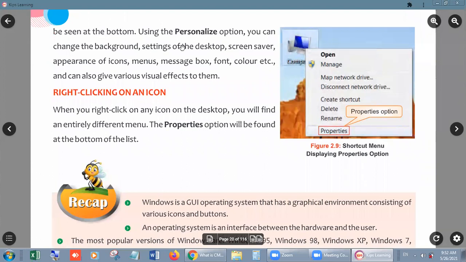You can change the background, set the desktop screensaver, the appearance of icons, menu, message box, font color, and can give various visual effects to them. Right click on an icon, and the properties that appear there we can change, right? So this was a revision for today, beta.